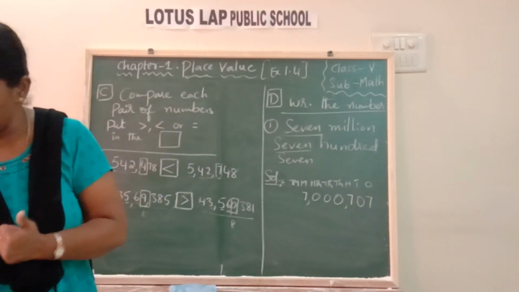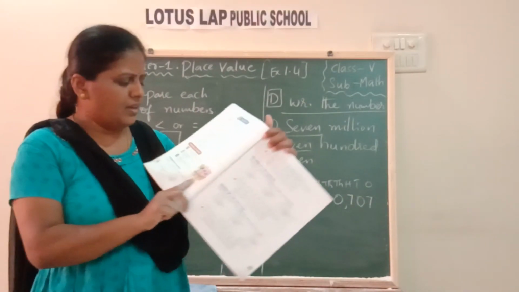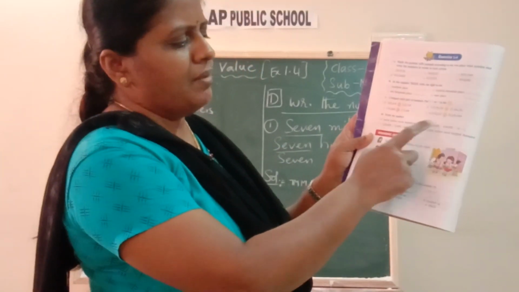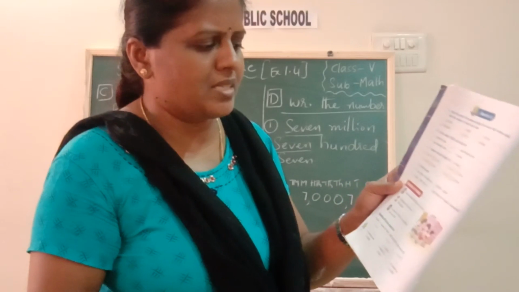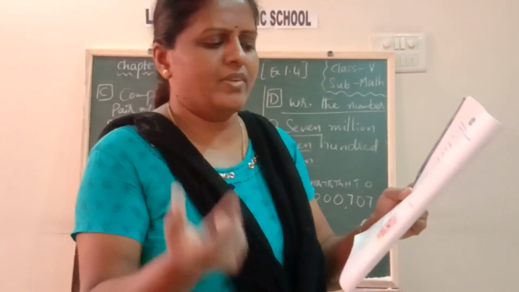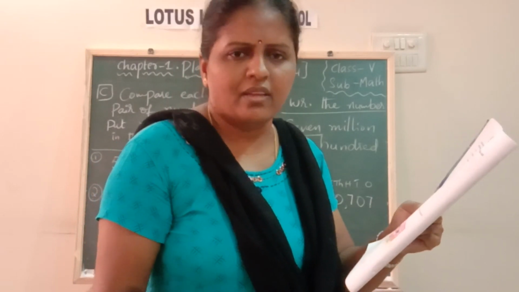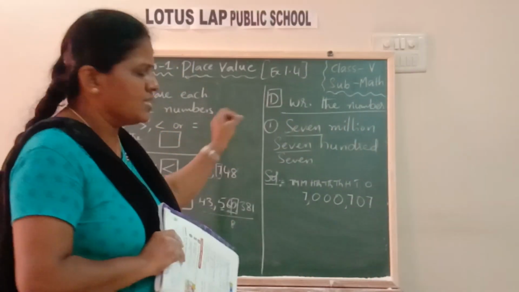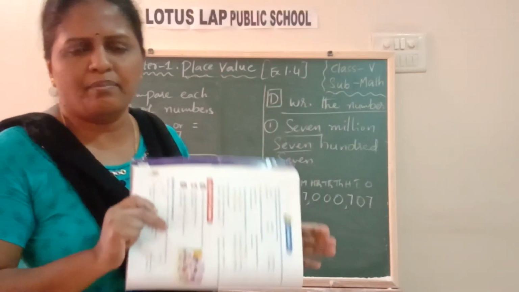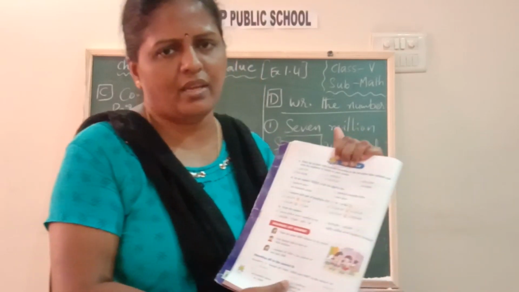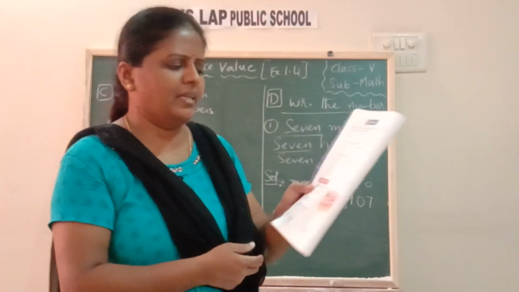So the remaining sums in this bit, the fourth bit, you can do, children. Just, not the number name, in the second and third bits the expanded form is given. Again you can do it very easily. Just find out which places are there and which places are not there. So you write down the places and just put the digit in that place, and whichever places are not there, put 0 in that place. Okay, so I think you can complete the last bit.